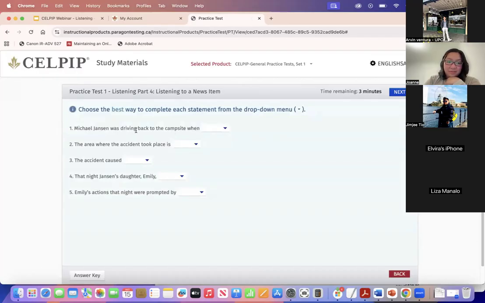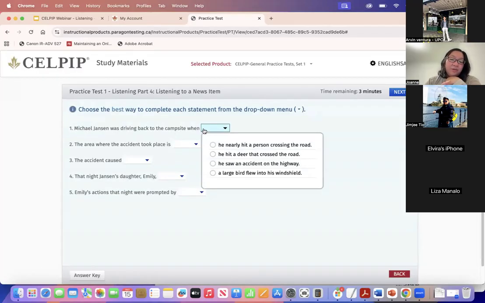Okay, so the question. This type on part 4, you were supposed to pick from 4 options. So ideally, when you're given 4 options, two of them are definitely off the choices. So you're just going to be choosing between 2 options, ideally. Okay. So Michael Jensen was driving back to the campsite when